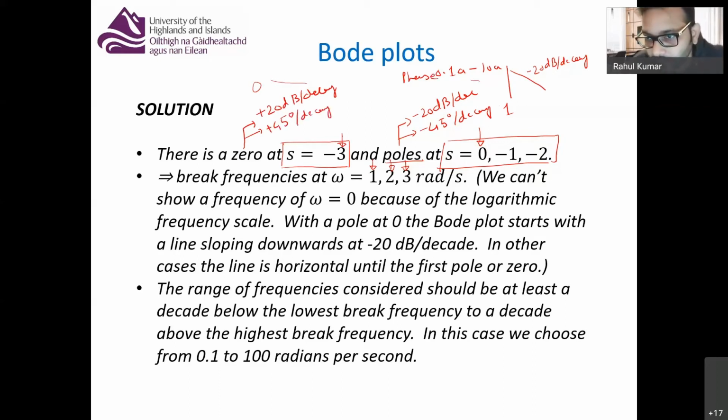And for the phasor plot we have an additional condition to fulfill, right? We have noted it here just to remember. Since 0 is a pole, it will cause a minus 20 dB per decade slope, and we cannot plot 0 on a logarithmic scale. So from whichever frequency we are starting, the initial slope of the line will be minus 20 dB per decade. Okay.